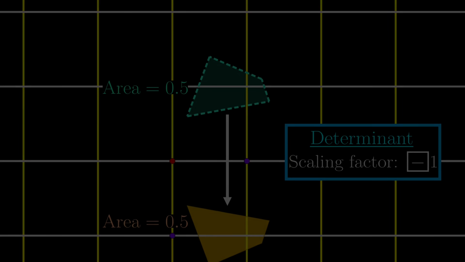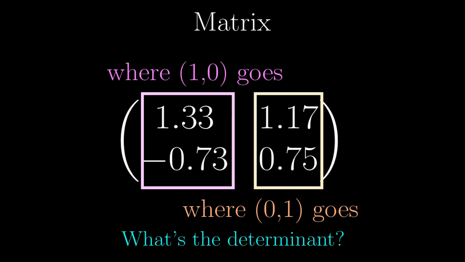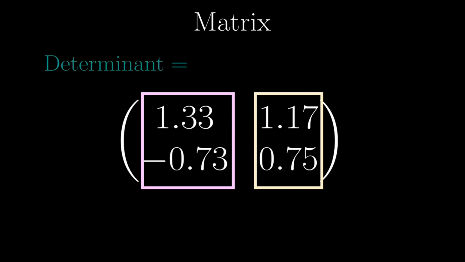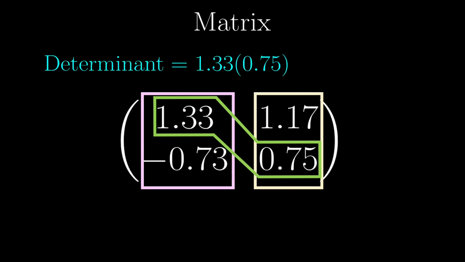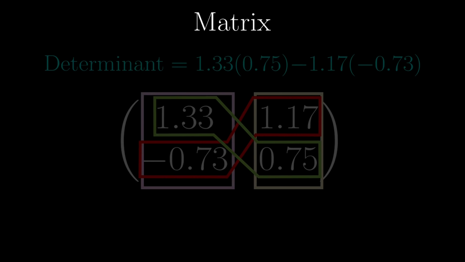As I said a minute ago, a linear map is summed up in a matrix, so we should be able to compute the determinant just from these 4 numbers. In fact, we can. In this 2-dimensional case, we can compute by first multiplying the 2 numbers on the main diagonal, then minus the product of the 2 numbers on the other diagonal. However, this formula is not very crucial in understanding, so I'm not going too deep into it for now.